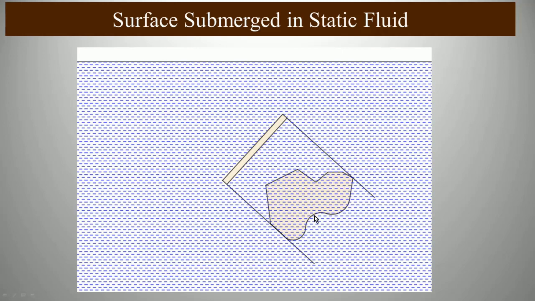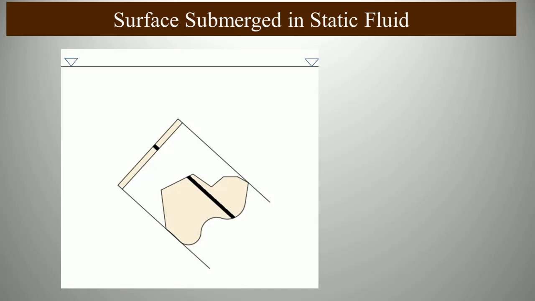So we will see what the forces acting on this surface are. What we will do is take out this water, because it is not so great to have water again here. So here we will represent that simply by two triangles, which represent the free surface of water. Now what happens here is, I will take a small strip here.